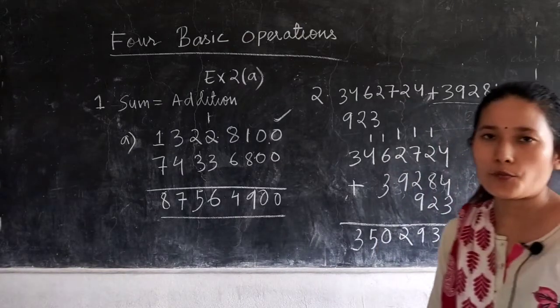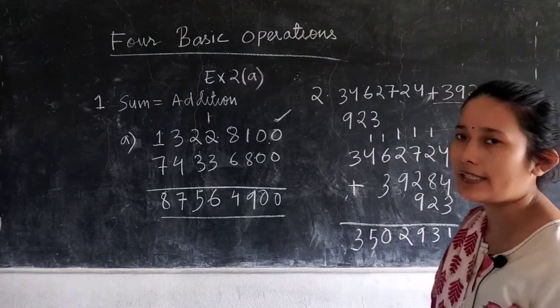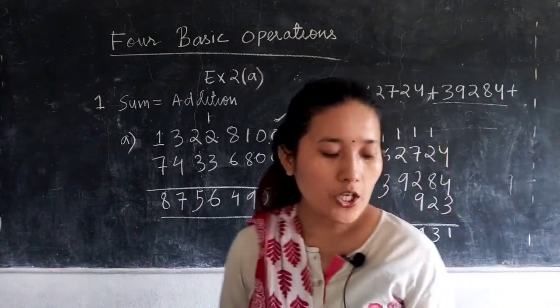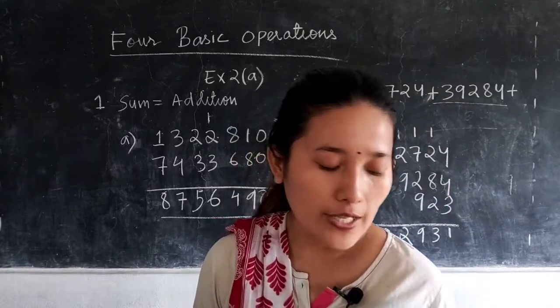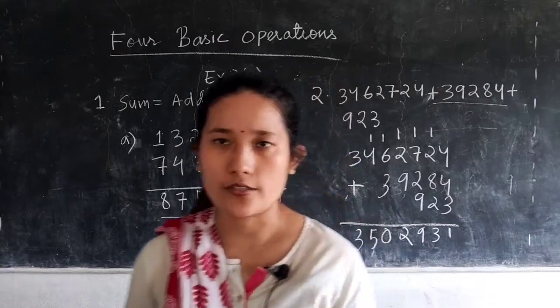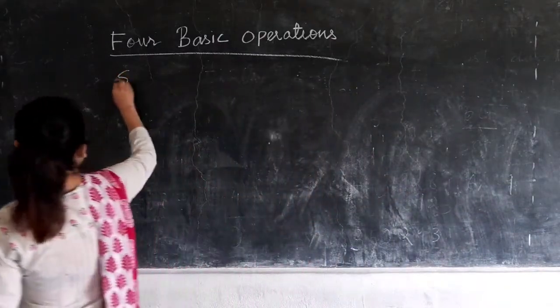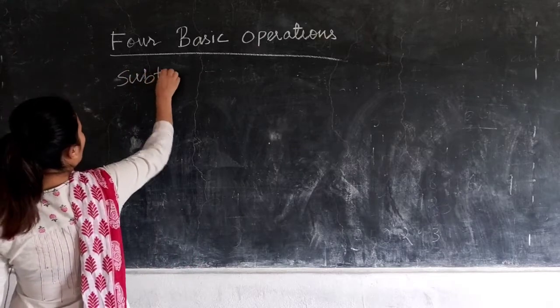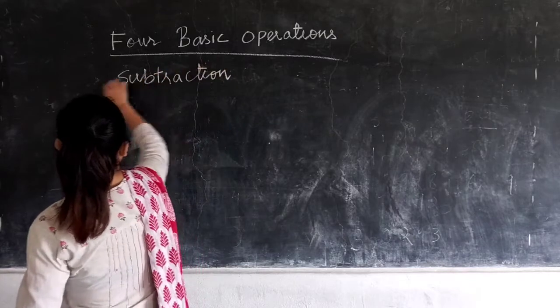Okay, so if you are given more than 2 sets of numbers also, you can arrange them like this and then you simply derive the answer. Okay, so other questions from exercise 2a, please do it yourself. Now we will move on to the second operation, that is subtraction. Okay, now let's move on to another operation. What is that? Subtraction. So we are given two properties of subtraction, so let's go through them.